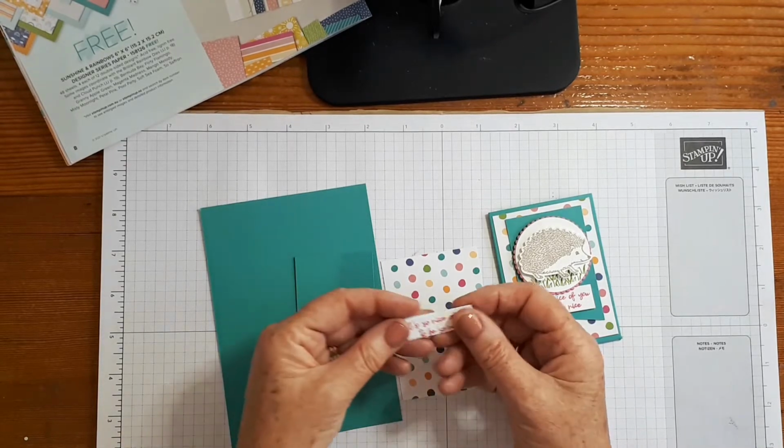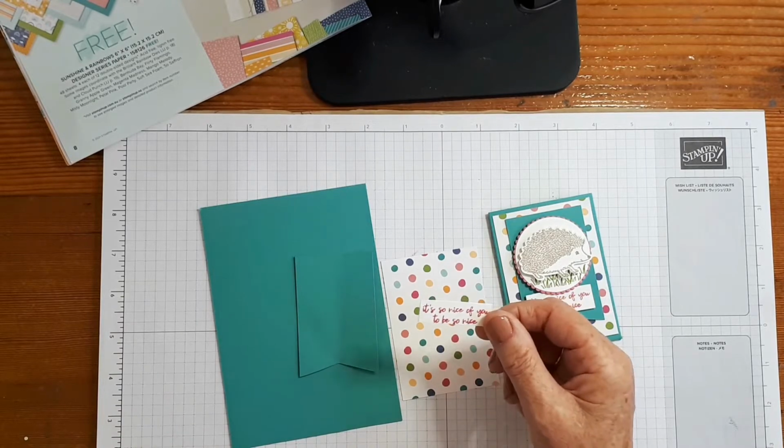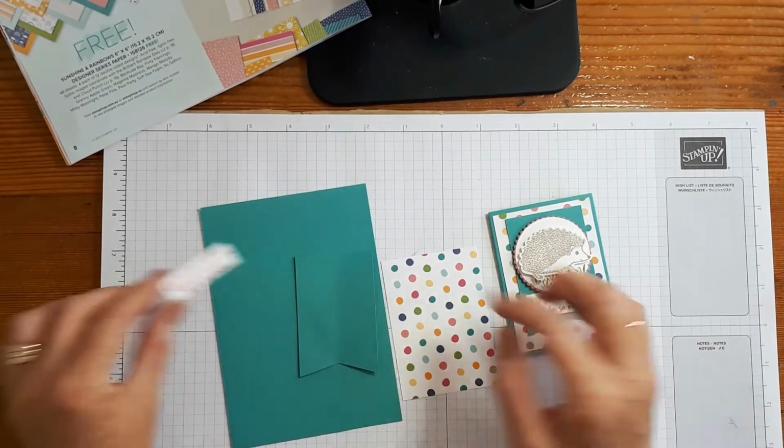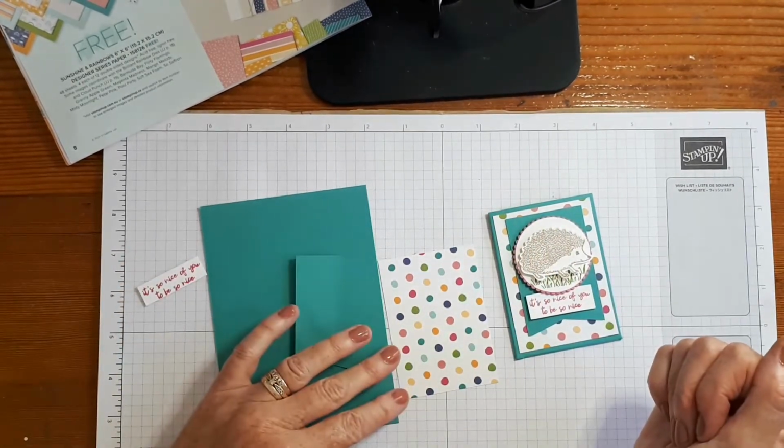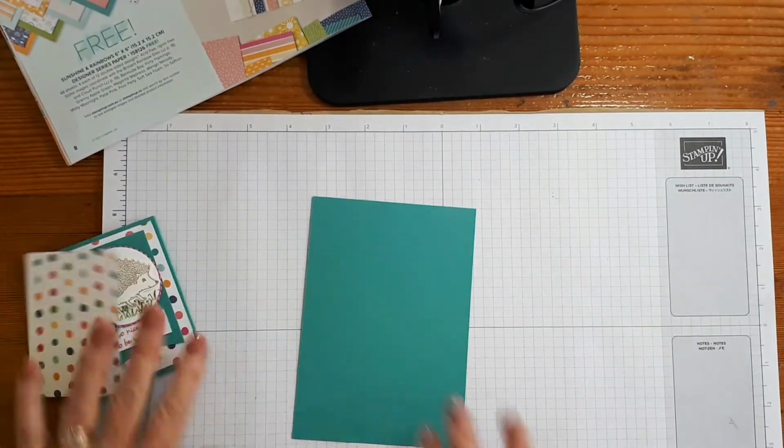And then I've gone ahead already and stamped the sentiment in Magenta Madness, Polished Pink for that one. Love all these colours in here, so pretty. Right, let's go ahead and make it. So I'm going to bring in my Simply Scored scoring tool,